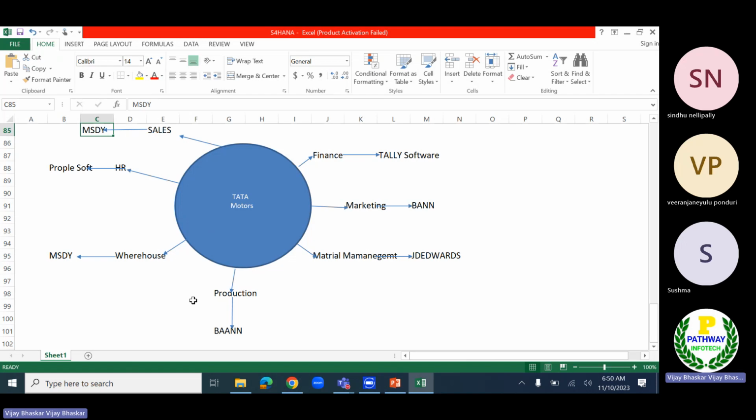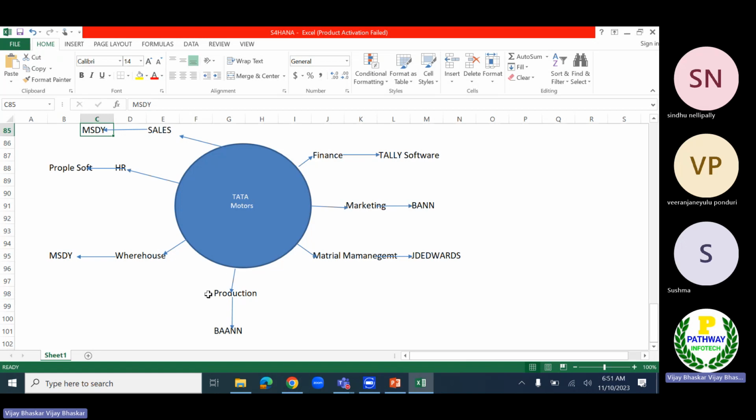I will give you one more example. As soon as the production department starts preparing the production planning, they must check that in order to manufacture the 10 vehicles, what would be the raw material quantities required for each and every raw material, and whether the stock of those raw materials is available in our warehouses or not.